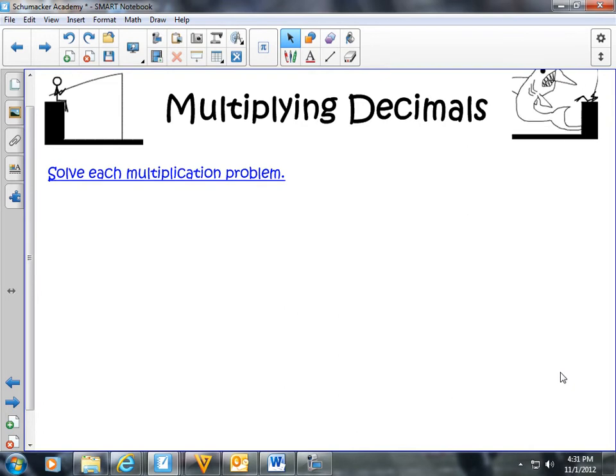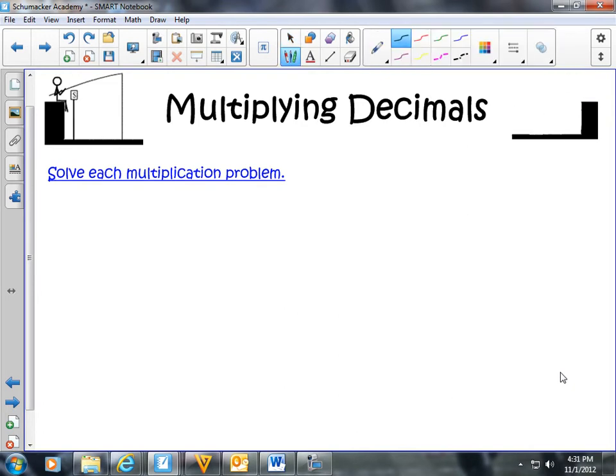Welcome back. Today we're going to talk about how you can solve multiplication problems using decimals and decimals with whole numbers. So let's go ahead and get started on this. Let's say we have a problem like 42.3 times 5.9. All right, well, when we're doing multiplication with decimals, the first thing I would strongly suggest that you do